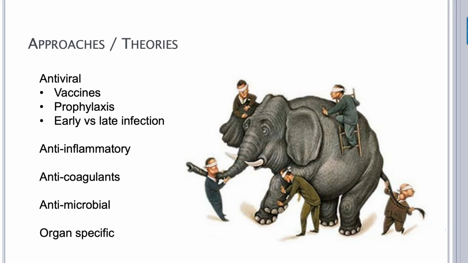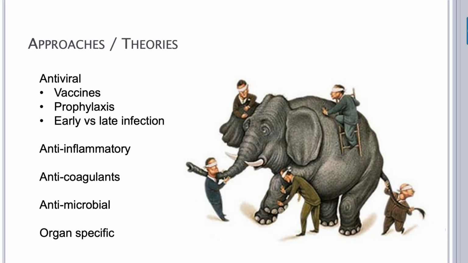We recognize that there are many approaches, some of them being directed towards the virus and preventive strategies and vaccines, which are ways off, prophylactic strategies, early versus late infection, looking at the consequences of infection, looking at anti-inflammatory therapies. We recognize that there is evidence of thrombosis in these patients, and there's some talk about using anticoagulants. We know that there are higher incidents of myocardial infarction and strokes. We certainly see a high prevalence of perhaps venous thromboembolic disease, as well as clinically clotting off of lines, and so there's interest in looking at anticoagulants.